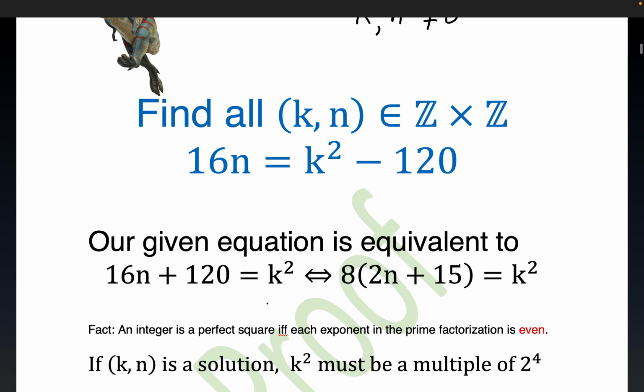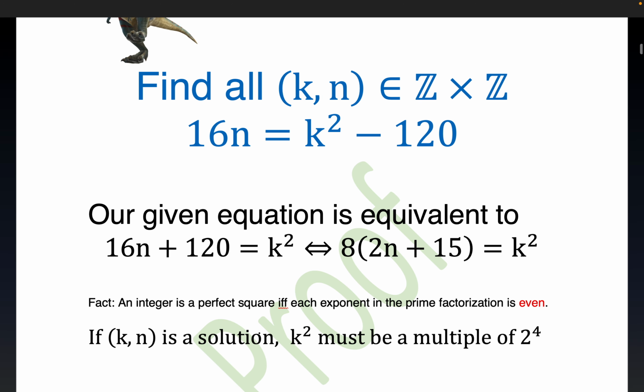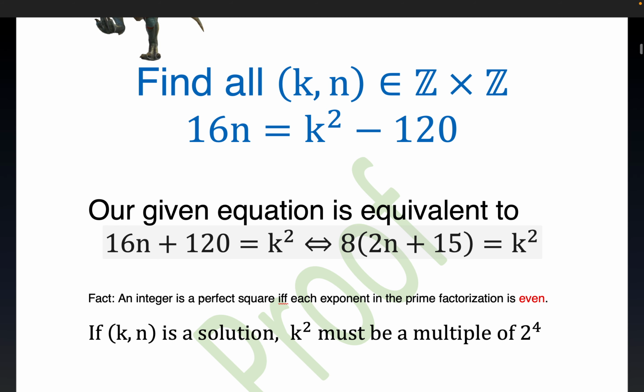Okay. Now this is a pretty well-known result. You're asked to prove this in some number theory courses. Sometimes it's presented as a result within the section of a number theory course. Other times it's presented as a homework problem. But anyway, this should be very clear. An integer is a perfect square if and only if, that's just a wordy way to say equivalent,